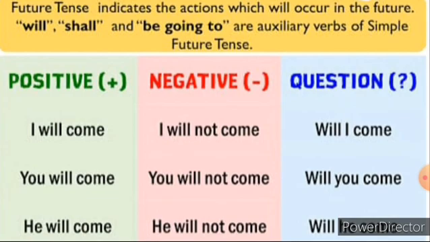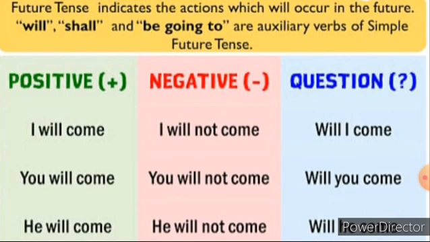Look at the negative form. How do you change this affirmative form into negative form? With the same sentence, you have to add the word not. For the negative, keep in mind that you have to insert the word not here. I will not come. Where do you have to insert the negative word? Next to the auxiliary verb. What is the auxiliary verb mentioned here? Will. Next to the auxiliary verb, you have to mention the negative word not. So it will change to I will not come.